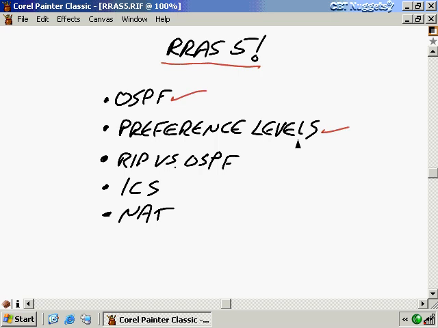Now, this is something you can do on Windows 98 machines or Windows XP computers, but we can also do it on Windows Server 2003. But we'll take a look at the advantages compared to network address translation and firewall services within Routing and Remote